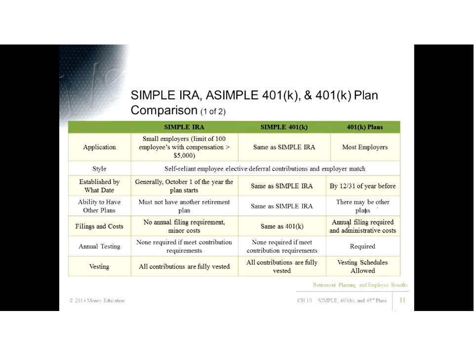You can still do October 1st in a SIMPLE, because it doesn't make sense to start a plan where the employee is the primary person doing it and has to defer salary into it so late in the year that employees are hardly going to be able to do it. Vesting: all contributions are fully vested, employer and employee. Vesting schedules are allowed only on employer contributions in non-safe harbor 401k plans. Still, employee money is always employee money.